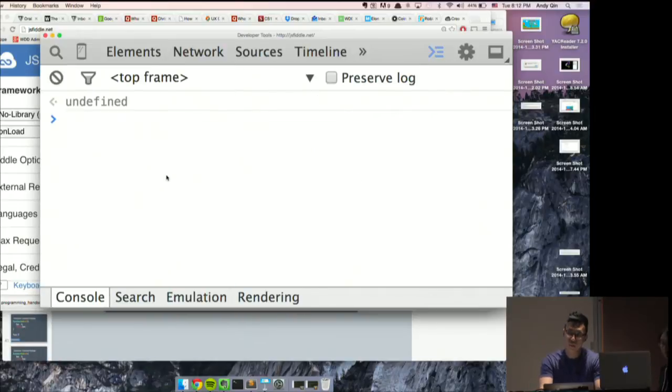Question: I have something that's being printed with console continuously. Is there a way I can fix that? That's an issue. If you write your for loop incorrectly and it keeps going on forever, I think you just close the console and it'll stop it.